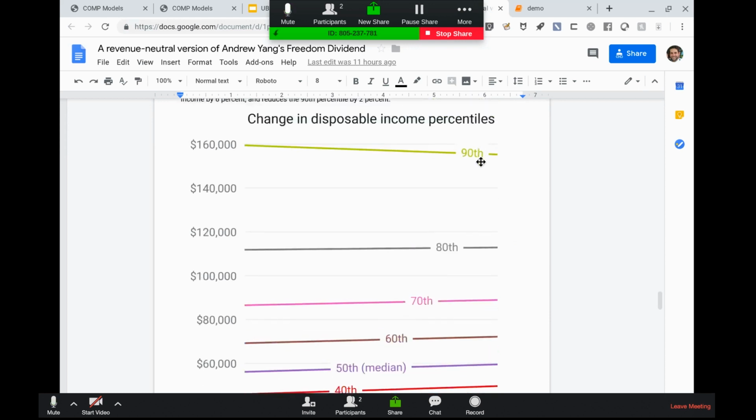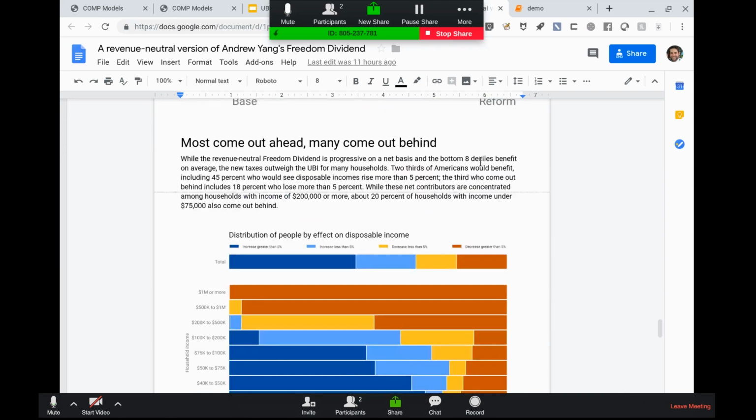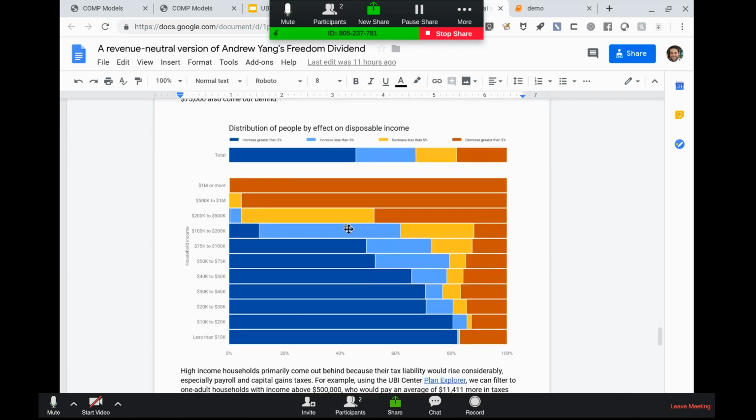And then this is another chart, kind of hard to see, but it's basically the distributional impact, not just overall, which is also what we saw before, but also by income group. So you can see that basically everyone, literally everyone earning 500K or more in the revenue neutral plan would come out behind. And even people with zero or very low income have about a fifth probability of coming out behind as well.